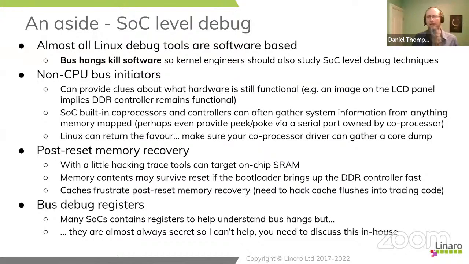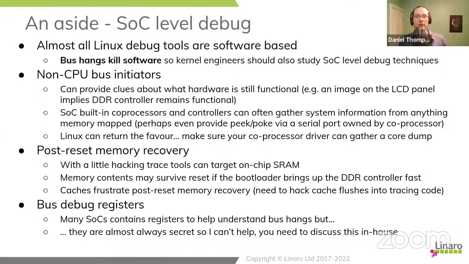Modern buses are tremendously complicated. They're actually essentially packet switch trees, much like networks. And you can have bus lockups that only affect a subtree. Because they are these fairly complicated tree-like networks, you can have fragments break without the whole thing breaking, which is why we get into looking at other non-CPU bus initiators.